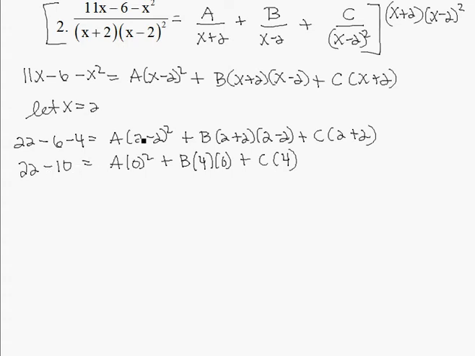So notice on this side I just get 22 minus 10. This becomes 0, gone. This becomes 0, it's gone. So I'm just left with 12 equals 4C, C equals 3. So now